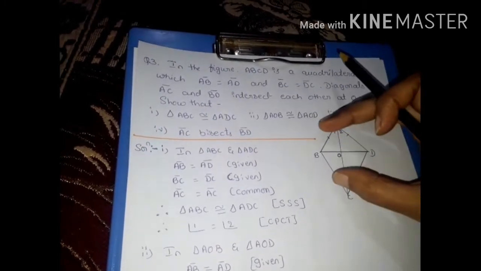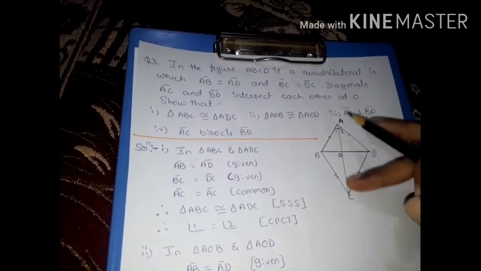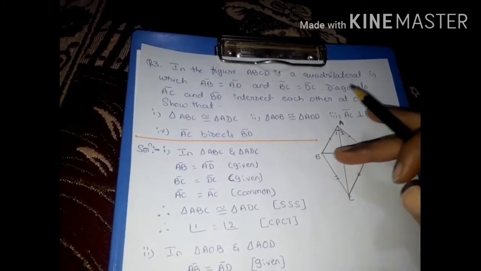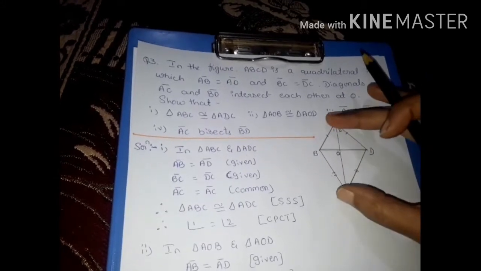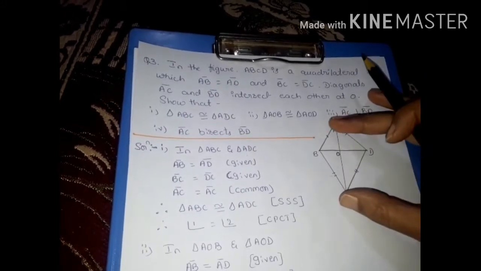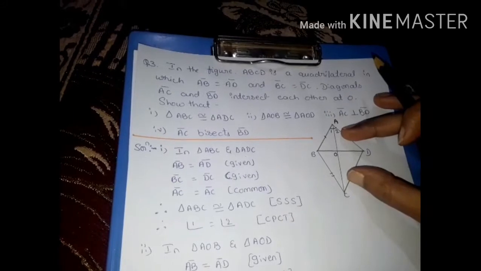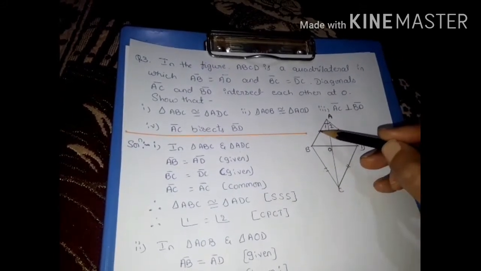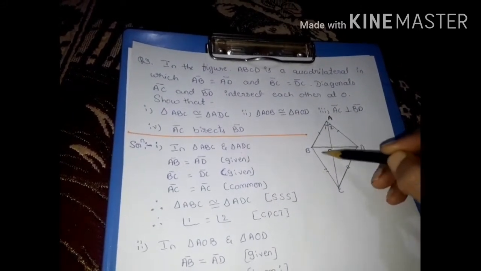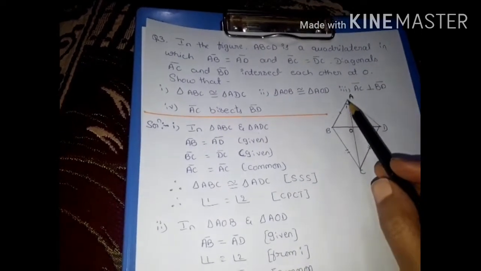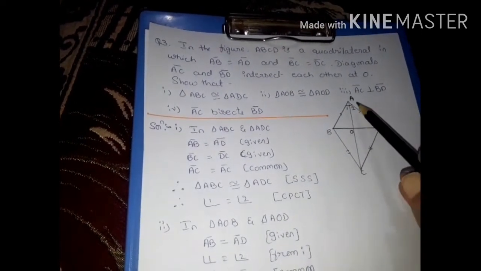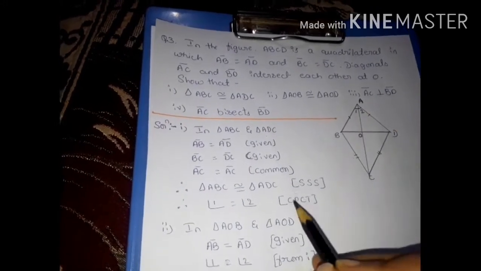For these two triangles, AC acts as a common side. Then AC equal to AC because it is a common side for both the triangles. By SSS, these two triangles are congruent. So we can say triangle ABC congruent to triangle ADC